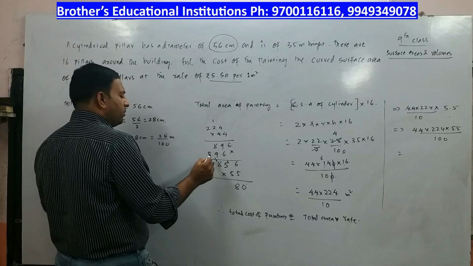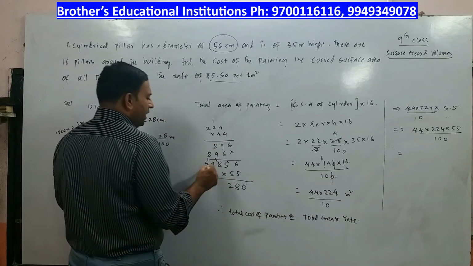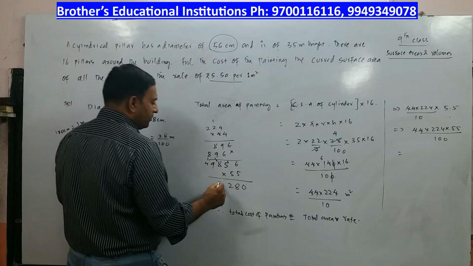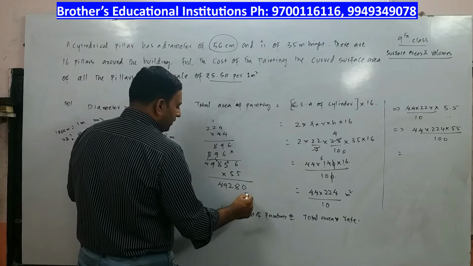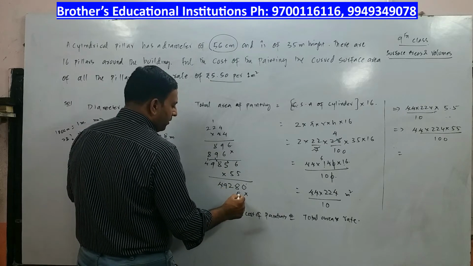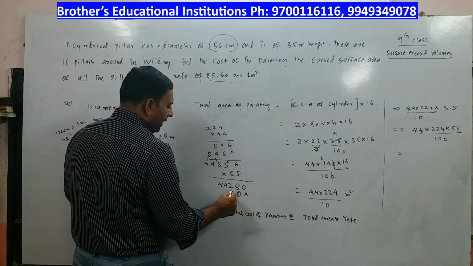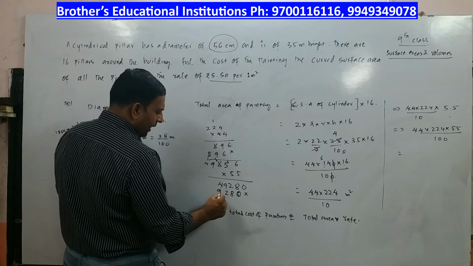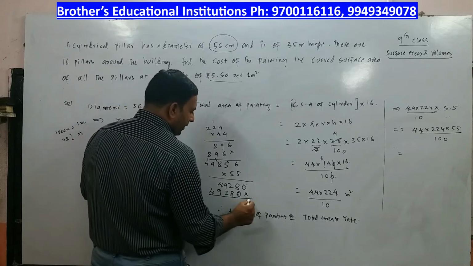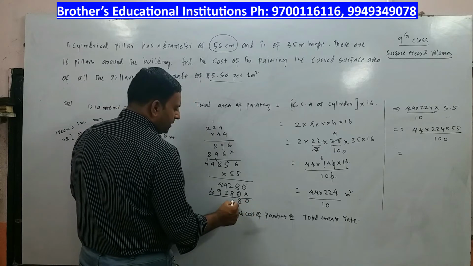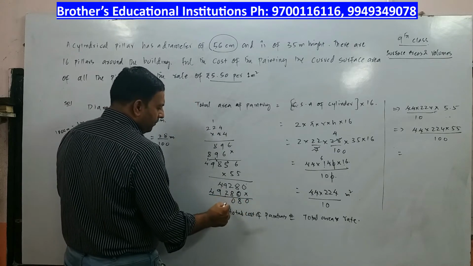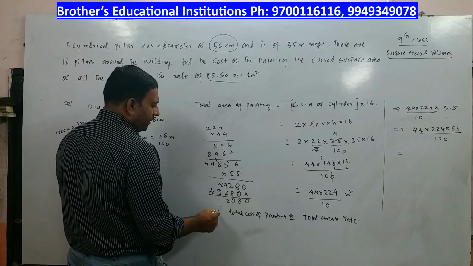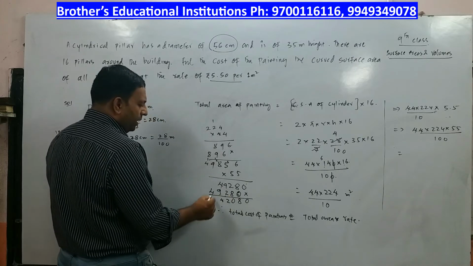5 8s are 40 plus 2, 42, 2, 4 carry. 5 9s are 45, 45 plus 4, 49. Cross multiply. Again you'll have 0, 8, 2, 9, 4. So the final answer is 0, 8, 8 plus 2, 10, and this will be 12, 1 carry, this will be 14, and this will be 5.